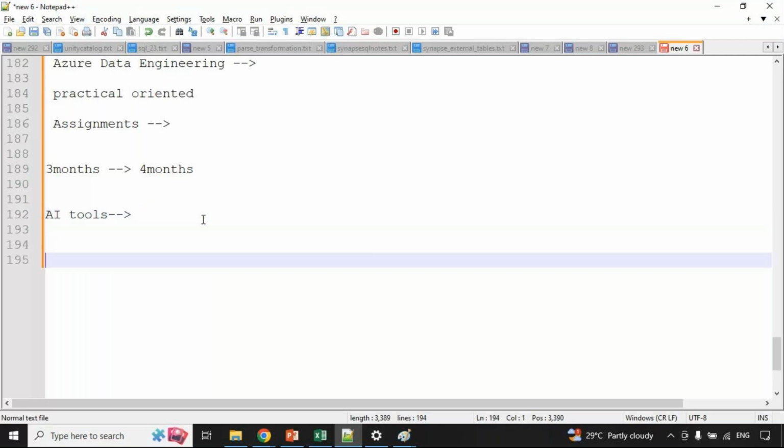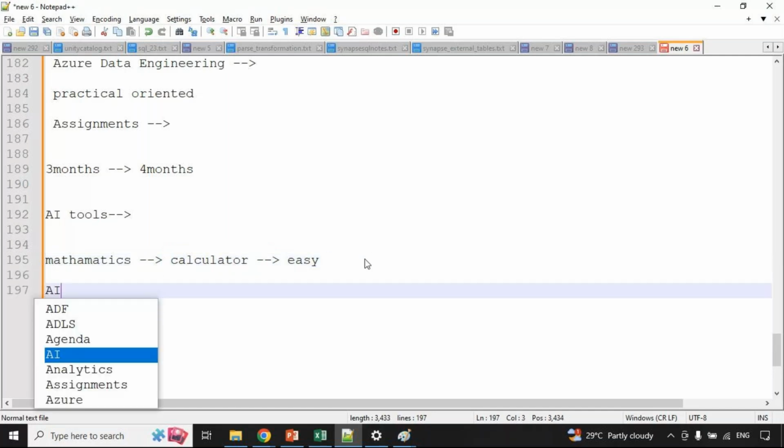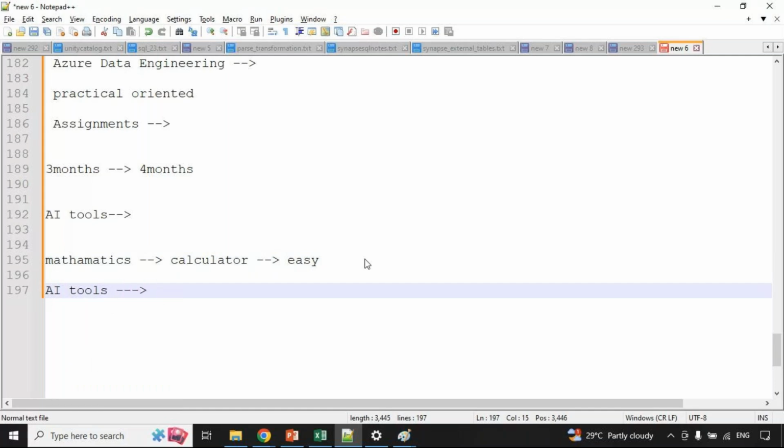For suppose, consider mathematics. Once calculators came into the picture, life became easy, but finally people forgot even simple mathematics. It is a similar way with AI tools. For this programming language, suppose Python, if you know the basics, then with AI tools you will get the code, but you should understand the basics at least, guys. Once your basics are strong, you will understand whatever code you get. But too much dependency on AI tools will be difficult, guys.